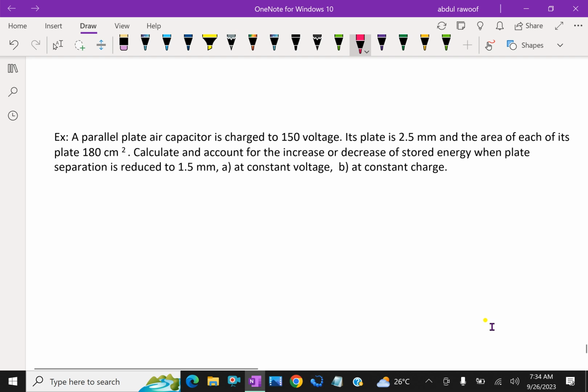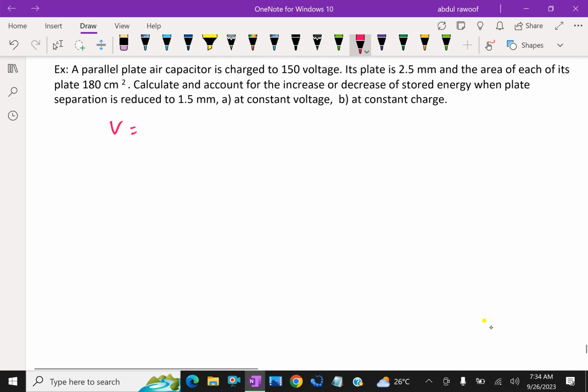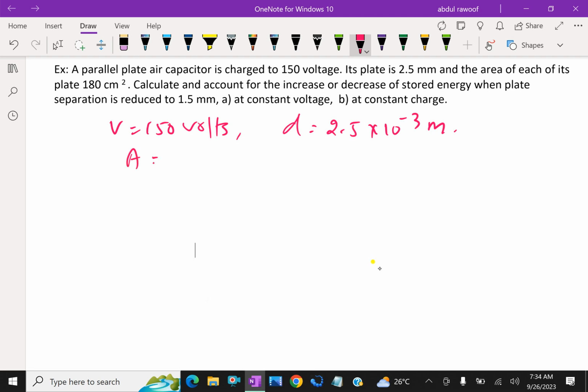Now, voltage V equal to 150 volts, and D, the separation of the plate, is 2.5 mm, which is equal to 2.5 into 10 power minus 3 meters, and plate area equal to 180 into 10 power of minus 4 meter square, because centimeter square is given. Now capacitor C1 with epsilon 0, air capacitor, over separation D, which is equal to